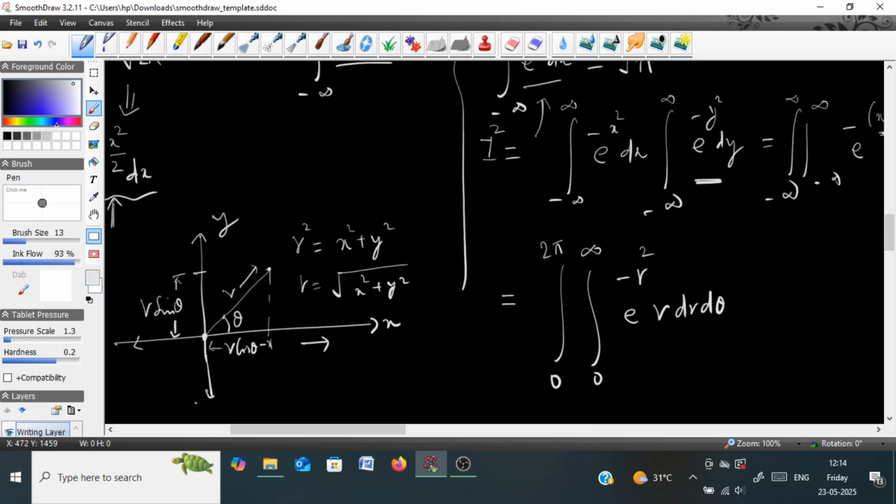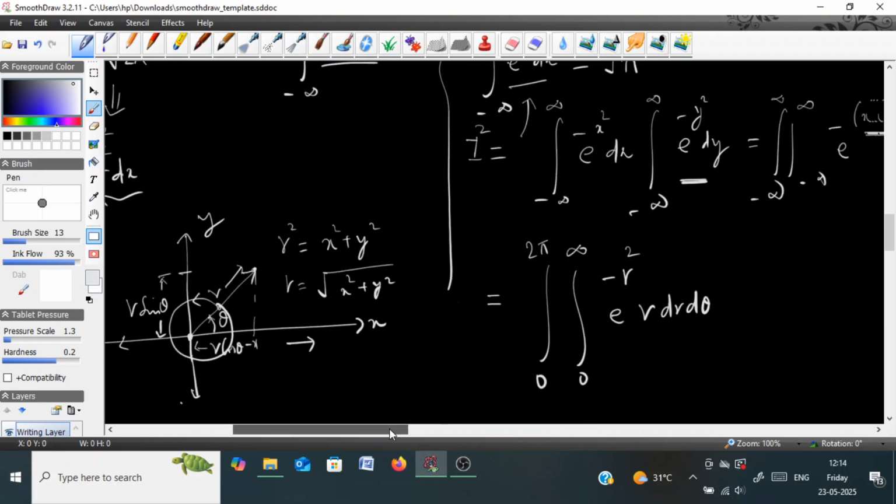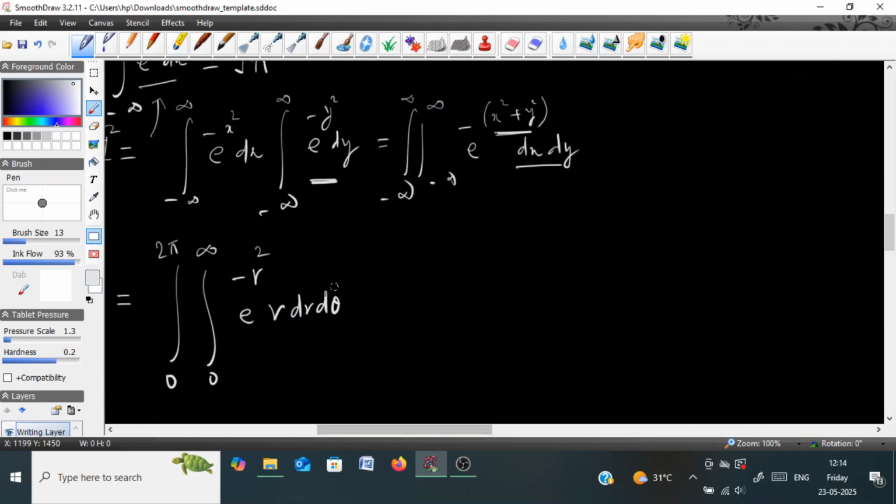Okay, but theta, which is this angle, can only go from 0 to 2 pi. So that is why the limit for theta will be from 0 to 2 pi, and the limits for r is from 0 to infinity. And this dx dy will be replaced with r d theta dr,